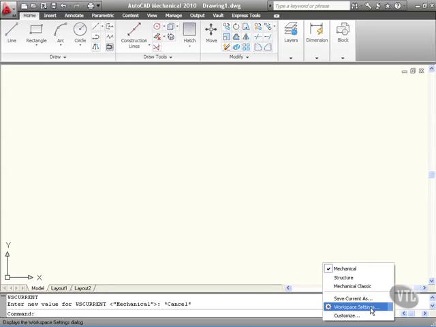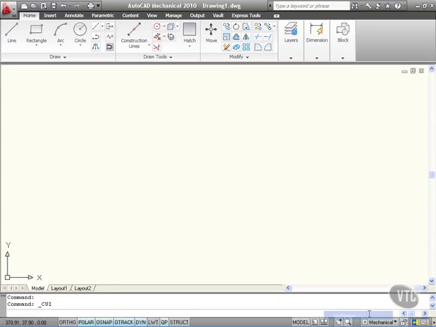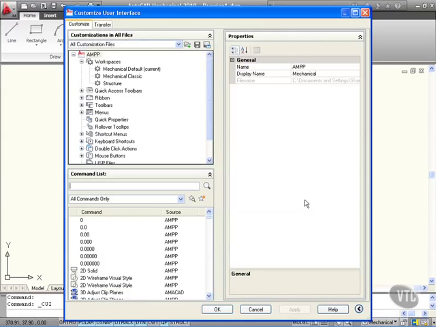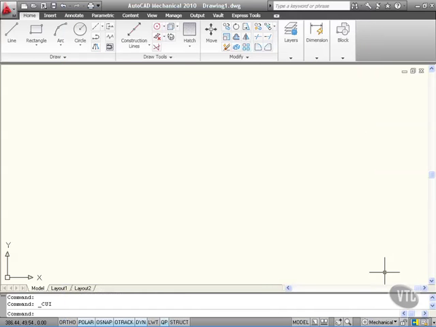I can also change my workspace settings, and if I click on customize, that will actually bring up, as you can see, if you take a few seconds now to watch the screen, your CUI dialog box will appear. As you can see, I can now customize the user interface around that particular workspace. What I'm going to do is close the CUI dialog, and I'll go back to my workspaces and click on